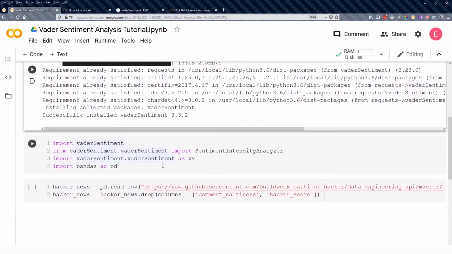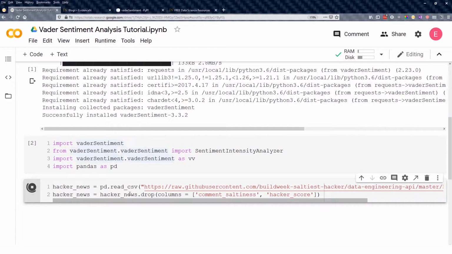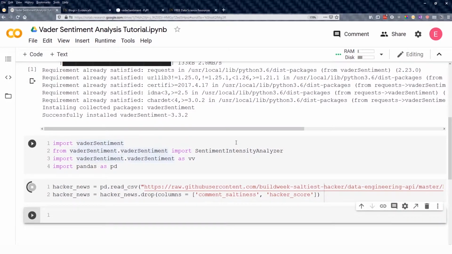Alright, so Vader sentiment has been installed. Now let's go ahead and run this. And this is the Hacker News dataset. Basically, if you don't know, the Hacker News dataset is like